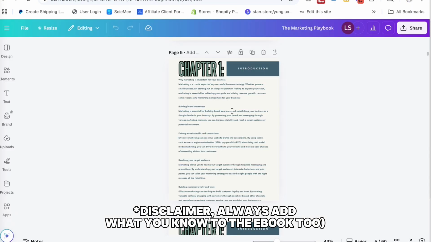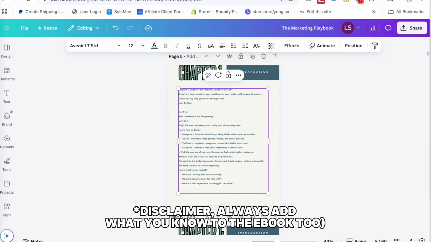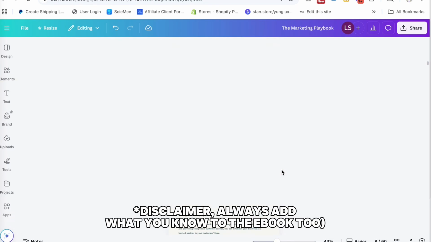So you can decide what type of layout you want, if you want a clean, simple layout, and then what you're going to do is just plug in your titles, your chapters, and your text directly from ChatGPT into the ebook, okay? Super simple. You want to make sure that you're adding visuals such as pictures, links to upsells to different products, or even your social medias.